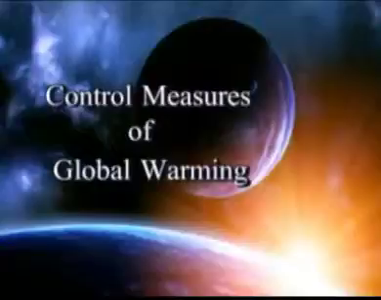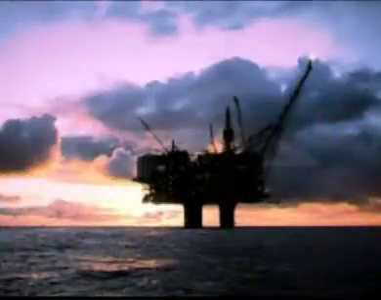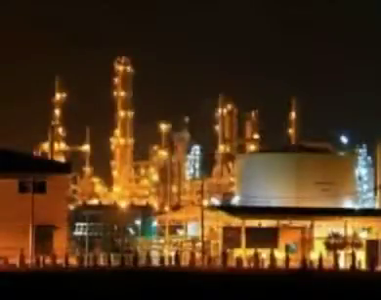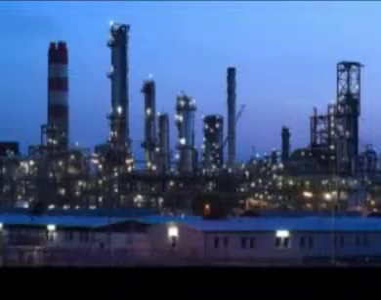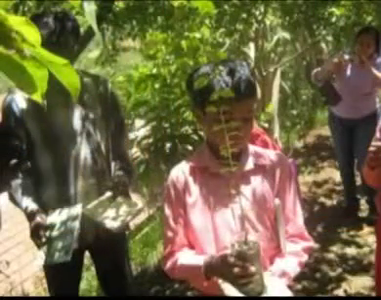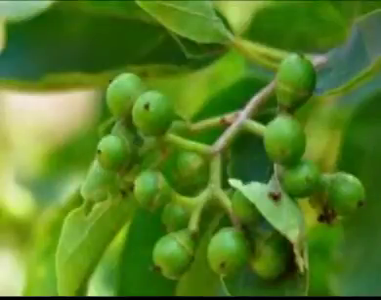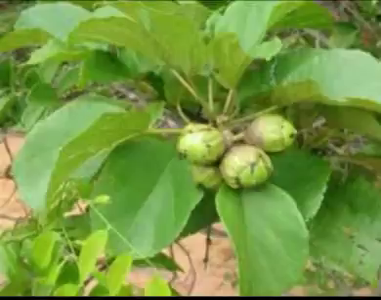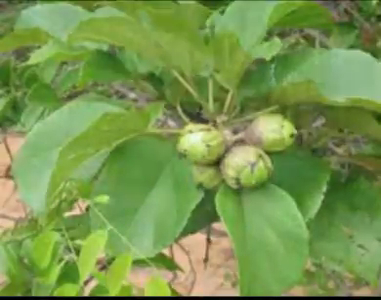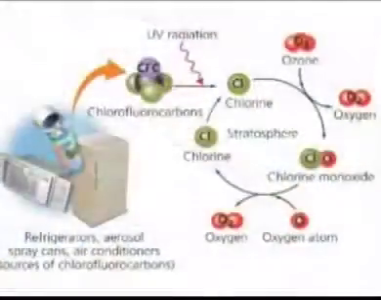Control measures of global warming. Fossil fuel will be used in industries to a limited extent so that emission of greenhouse gases is reduced. Tree plantation should be encouraged. Trees like Cordia myxa should be planted more because they act as sinks for carbon dioxide. Limited use of nitrogen fertilizers. Chlorofluorocarbons must be replaced by